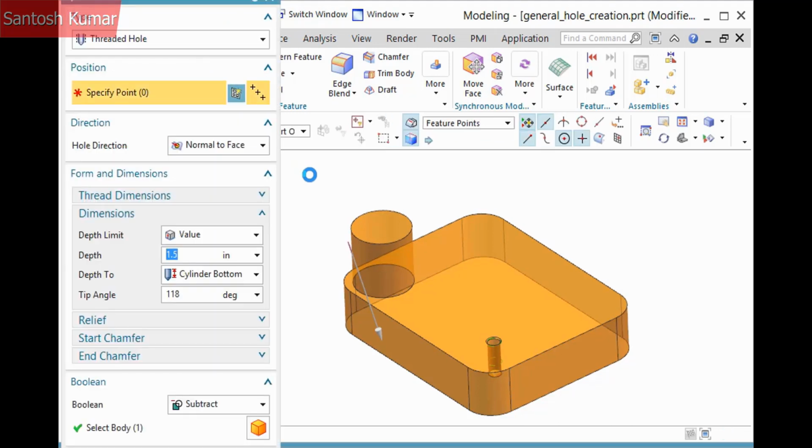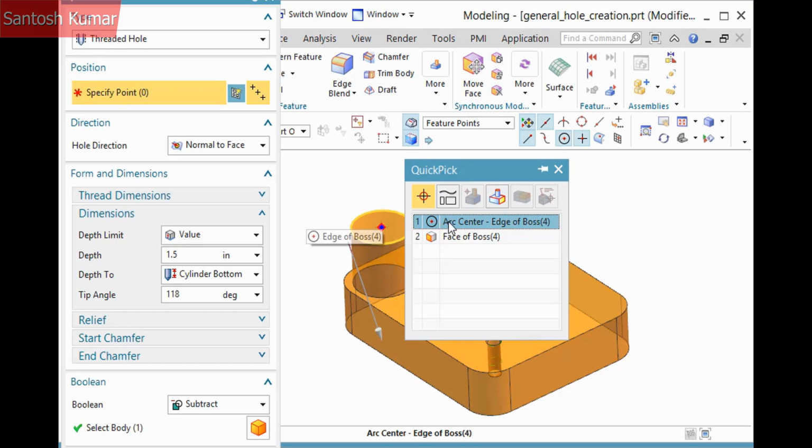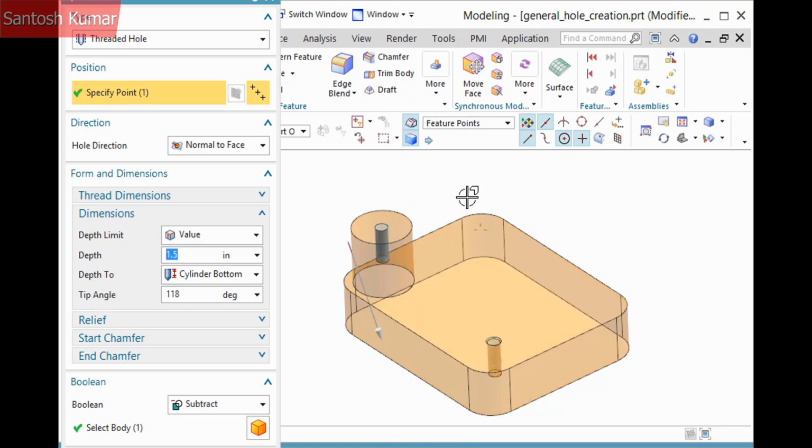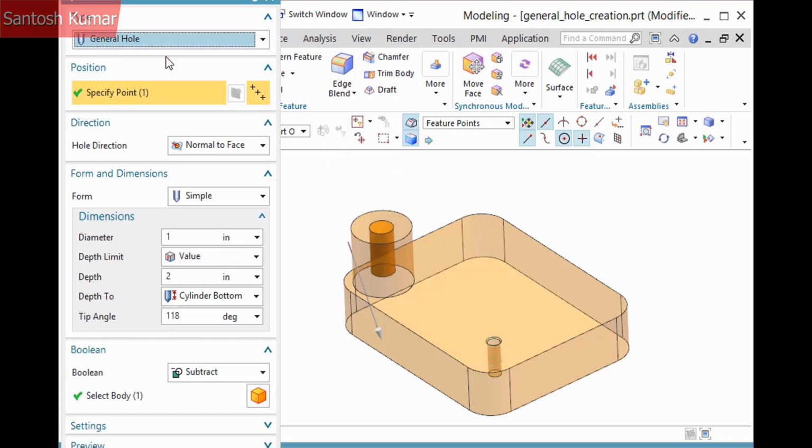I'll create another hole, only this time I'll carefully pick the center of the boss to avoid creating a sketch, as it's not going to be necessary in this case. If I pick a face, I'll end up creating a sketch instead. Right away, the preview of the hole displays, and I have defined its location to always be the center of this boss. I could use normal to face as the hole direction, but instead I'll set it to along